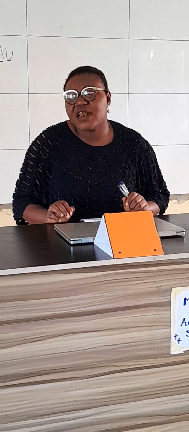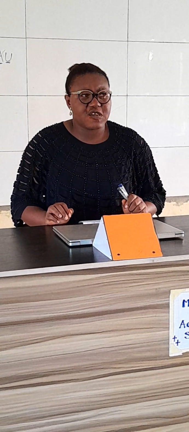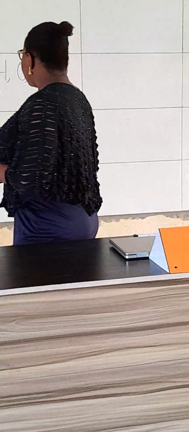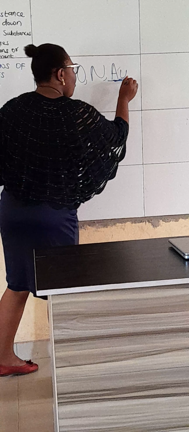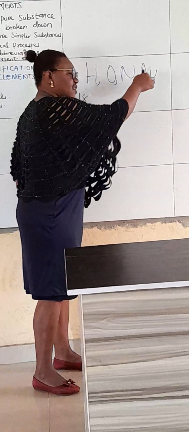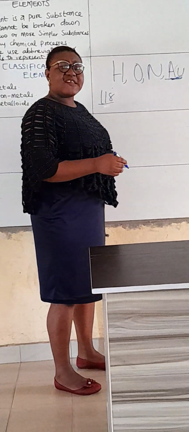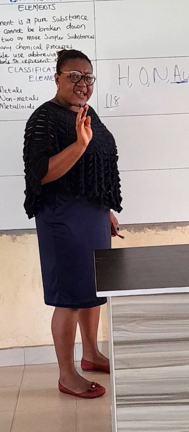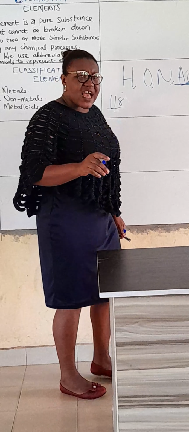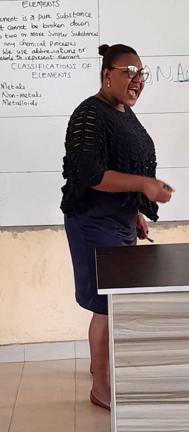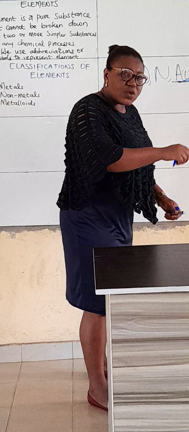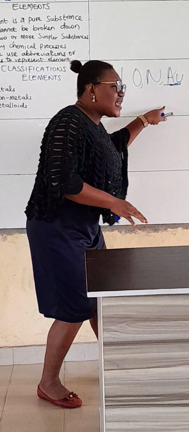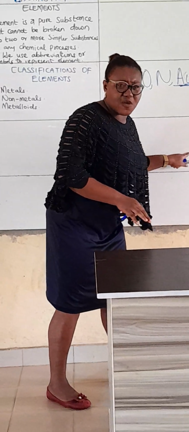I've come to discover that some students usually confuse themselves. A student will always ask you a question and say, Auntie, you said that gold is an example of metal, but you can still break it down. So listen and understand why I say that gold is an example of metal. In as much as you can pick your hammer and start hitting on gold, it will break into pieces, but it still remains gold. It's not breaking down into two or more simpler substances.